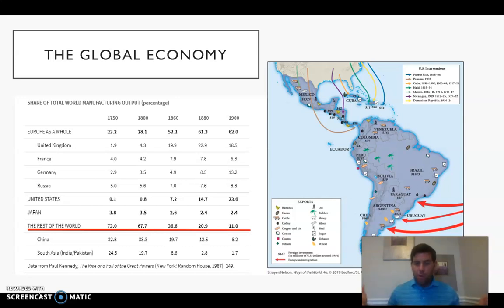These other places in the world, whether they be Southeast Asia, the Middle East, or Latin and South America, people lived there and products were grown there, very important products for the Industrial Revolution. However, all of these products were basically taken from these regions and brought back to industrial centers, right?